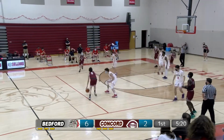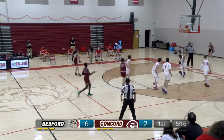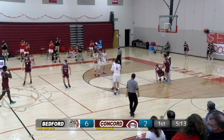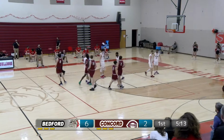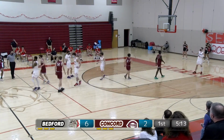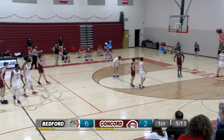5:21 to go here in the first quarter. Bedford up by 4, 6-2. Burke to the top of the key. Misses. Looks like there's going to be a loose ball foul on Nate Bengston. So Bedford will get the ball, and we'll have our first substitution as Gumi Mbata Abora comes in for Quentin